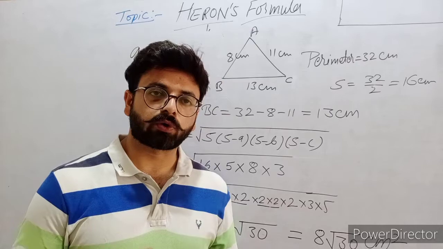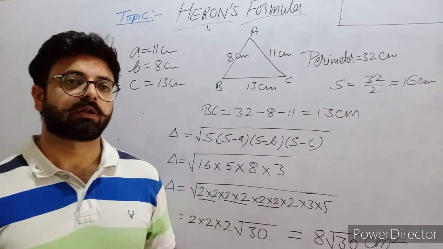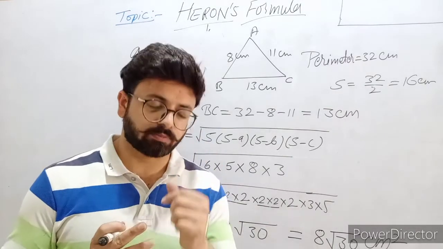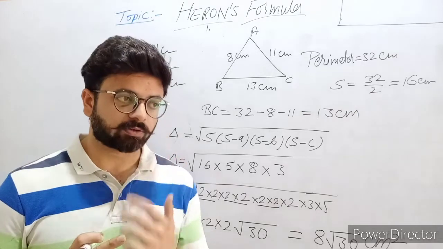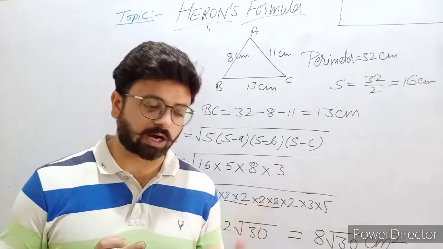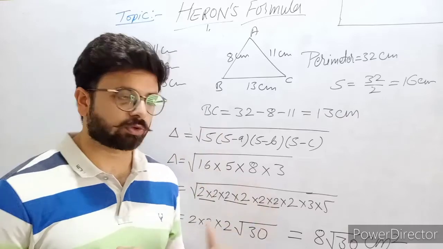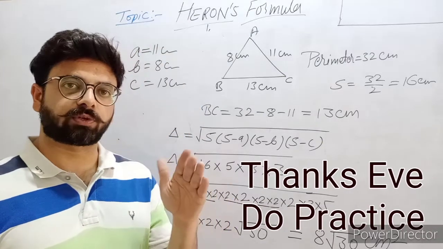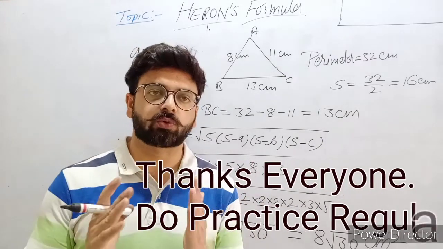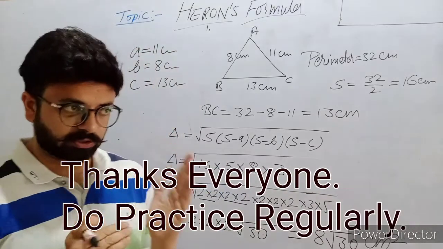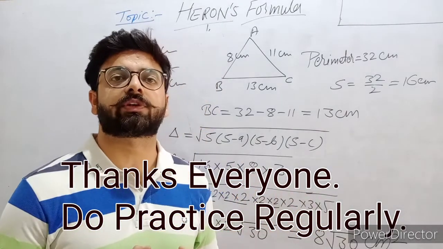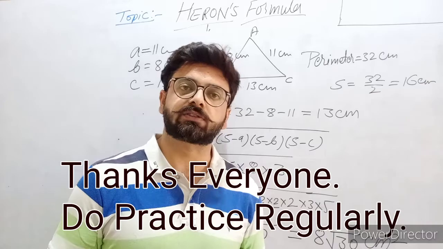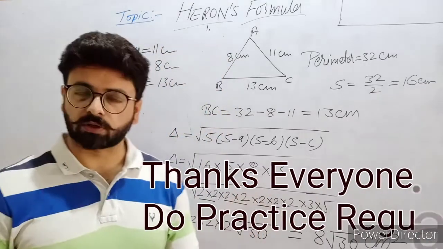So once you solve questions related to Heron's formula, and this is for scalene triangles only, the more exercises and questions you solve, the easier you will find this topic, Heron's formula. And you know, many times we are using different area formulas. First half of base into height, root 3/4 into side square, Heron's formula. Another one we discussed in chapter 7, coordinate geometry, half of x1 (y2 minus y3) plus that formula. So all formulas are related to their condition, what condition is given in the question. So you guys shouldn't think we can use any formula anytime. No, it depends on the question. So, guys, you solve questions.